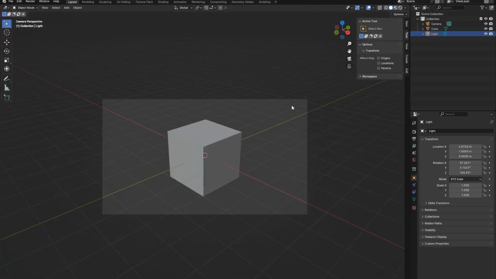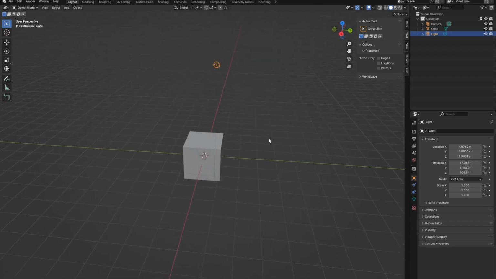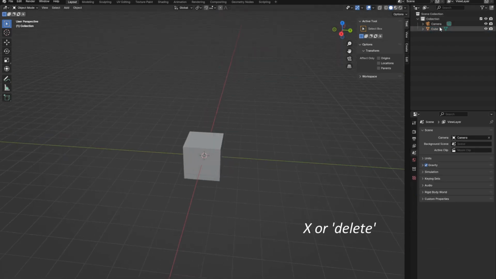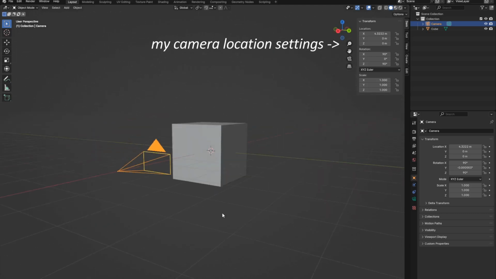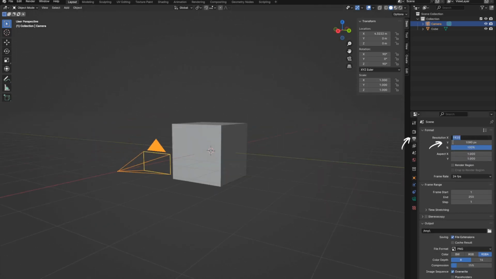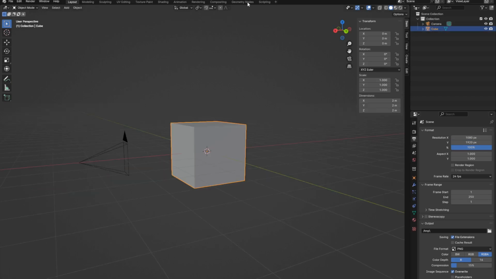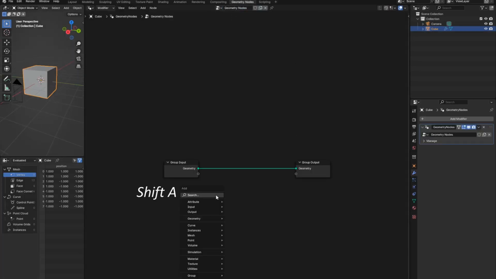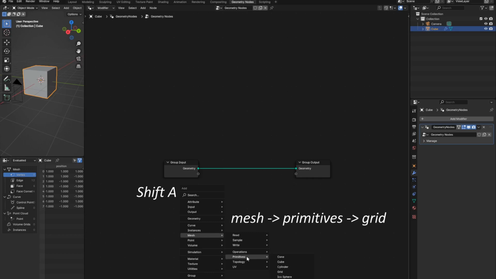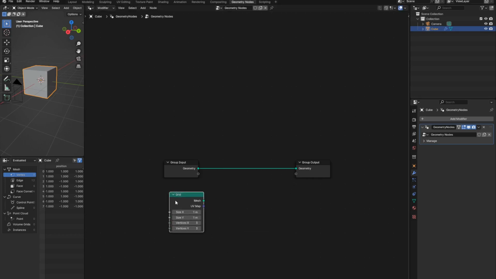First up, I did a bit of file setup. I don't need a light, so I can delete that. I wanted my camera to look at my scene straight on from the front, and I also wanted to make it a vertical scene. Next up, in the Geometry Nodes workspace, I added my first Geometry Node setup, just to prepare the grid that I'll be using for my flat star map.